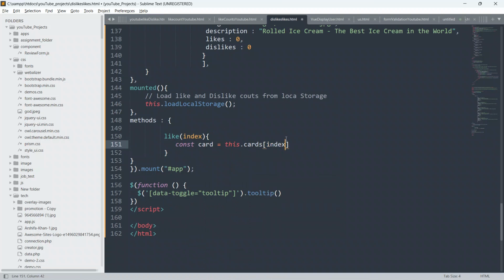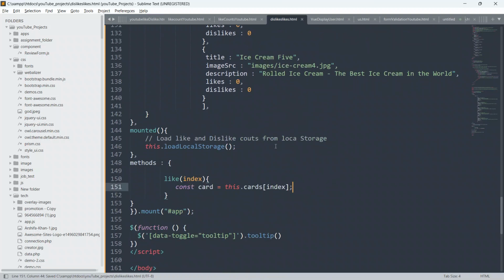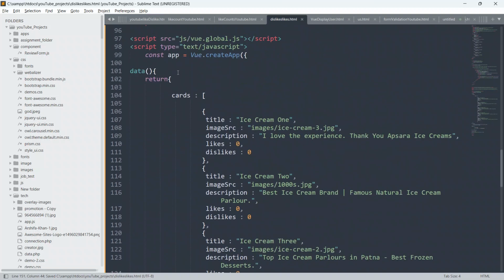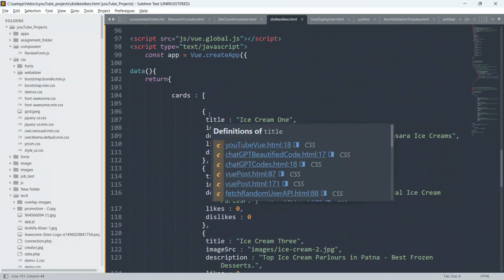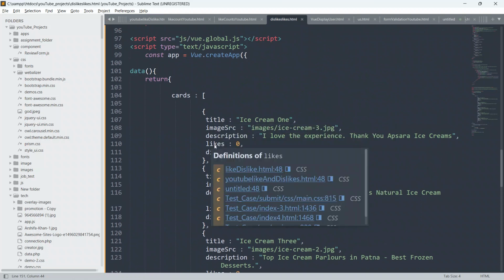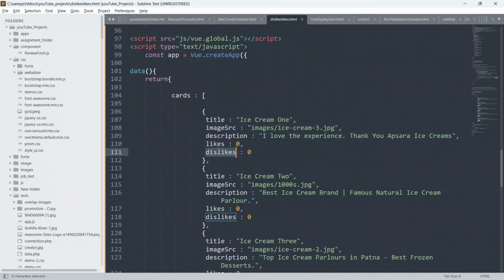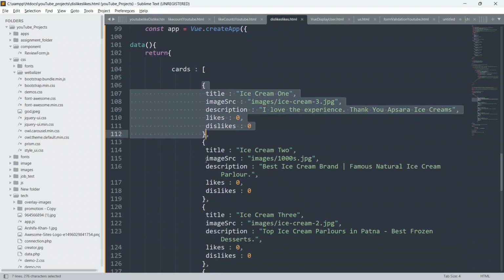Every card element has got a like count and a dislike count. Every element of this cards array.